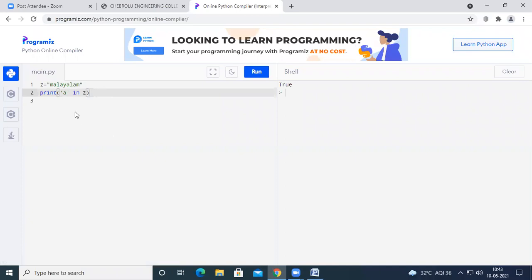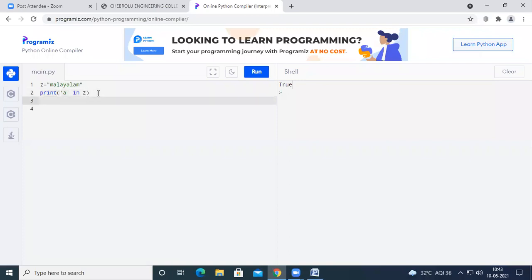And when we write print A in Z, what the in operator is doing is that it is going to find whether the character A is present in Z or not. If the character A is present, it may occur a single time, a couple of times, triple times or quadruple times. It's not a matter. If A is present at least one time in the given string, then it is going to return true.